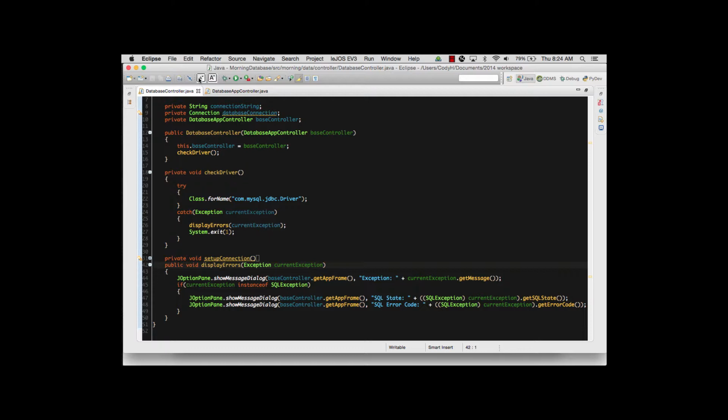So that checkDriver method makes sure that the driver itself is installed. Now, I have already listed the driver on your class page and the Canvas page. It's listed there so you can download it and use it. And we're going to show you how to actually install that driver in your project now, and I'll give you guys some time to do it, and we'll come back to this video. So, to install the driver,